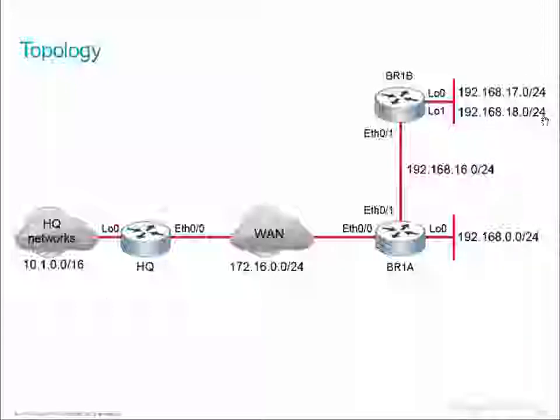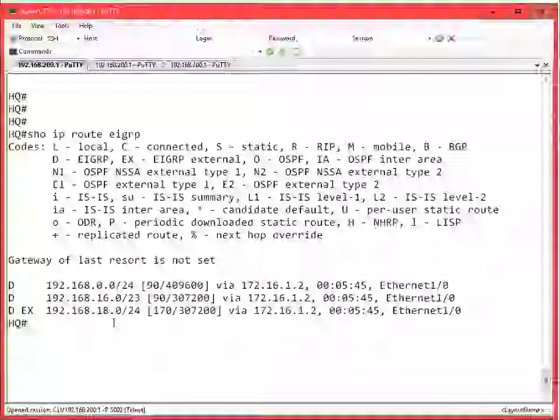And then we're finally seeing the .18 subnet come in as that external route. We're just generating these individual types of routes so that we can identify how each individual stub option works, because there are actually 5 different stub configuration options that you have with EIGRP routers. Let's take a look at BR1A real quick